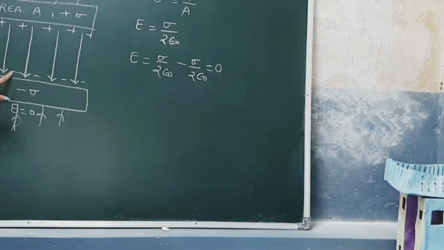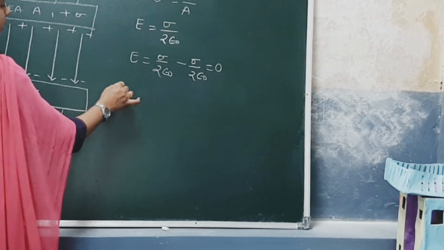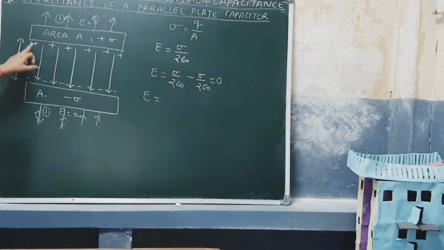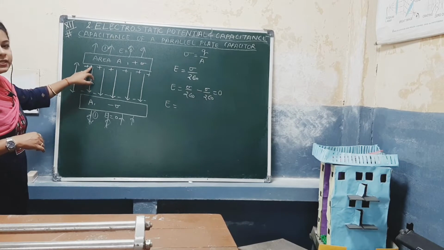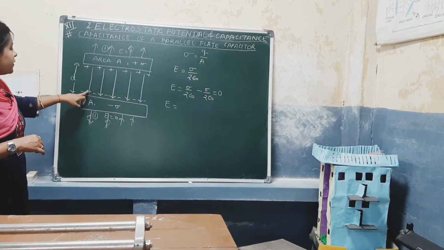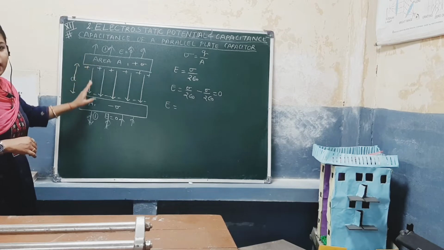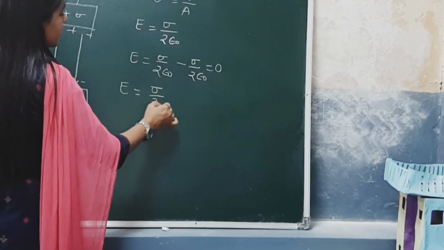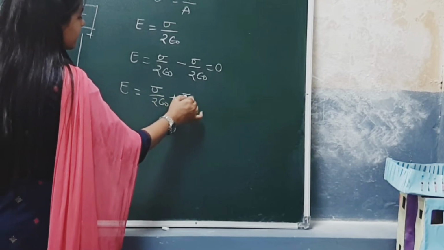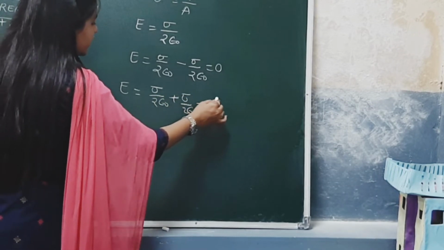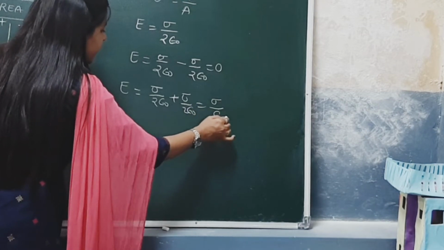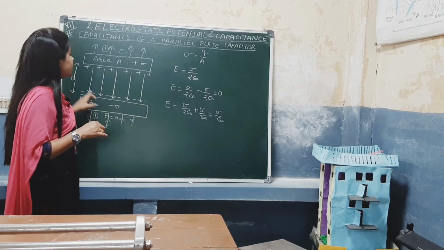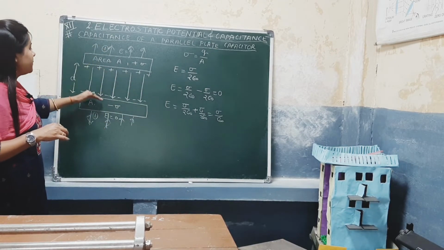Now what will be the electric field inside the plates? So let's see. Inside we have the direction from positive to negative, meaning these electric field lines are originating from positive and going to negative. It means these are in the same direction, and when these are in the same direction, then these electric fields will be added up. And when these are added up, we have the value of electric field as sigma upon epsilon naught. So this is the electric field inside the parallel plate capacitor between the two plates.